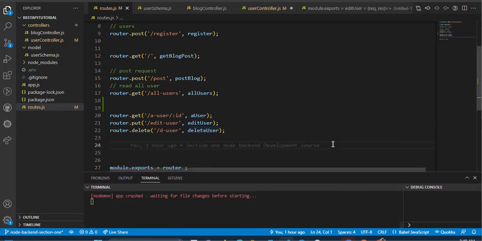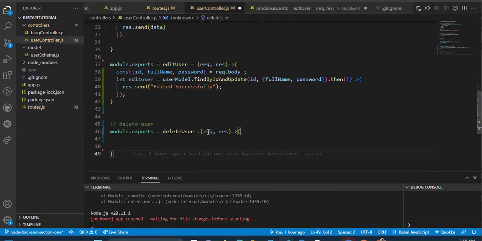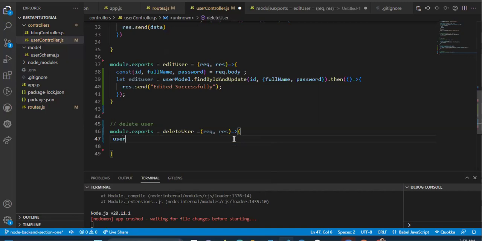So I've done that. Then the next thing I have to do is to go back to my user. I have to close this up and close this up as well. So I have to go to the user and carry out some operation. By the way, what operation am I carrying out? I want to delete the user, so I can just say module user model